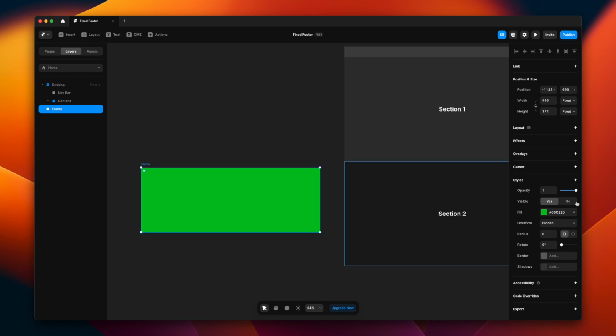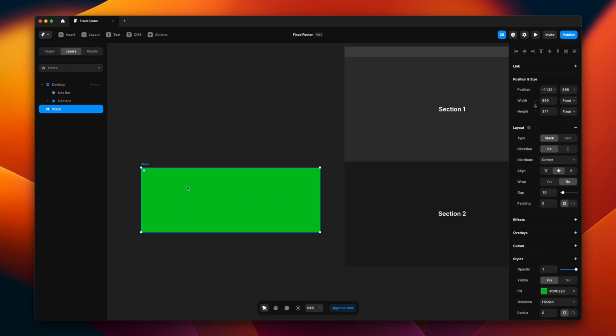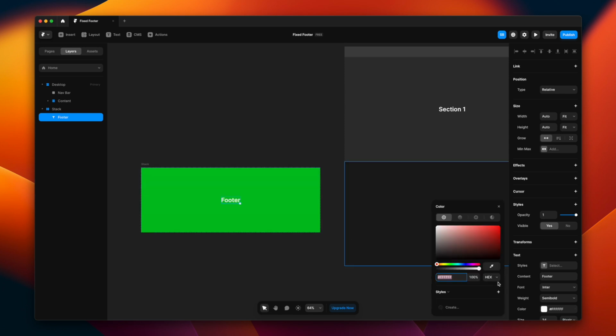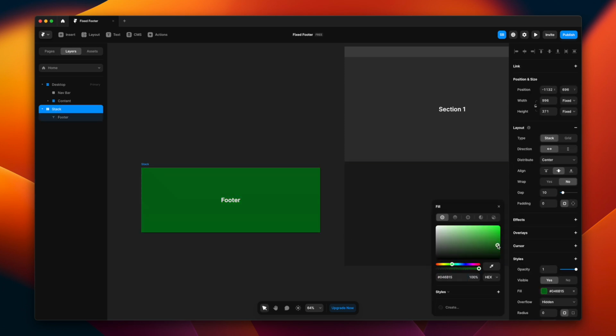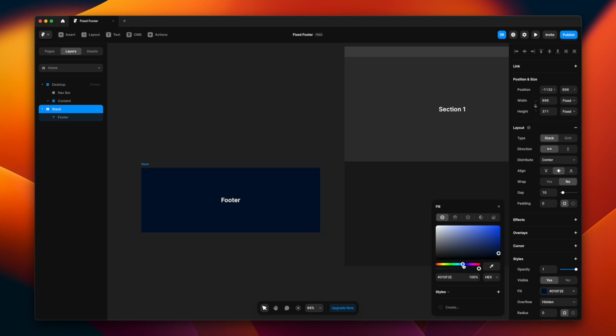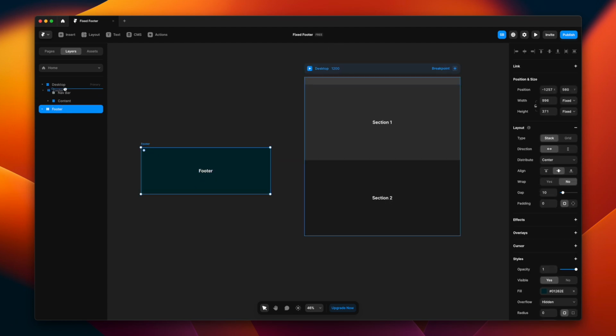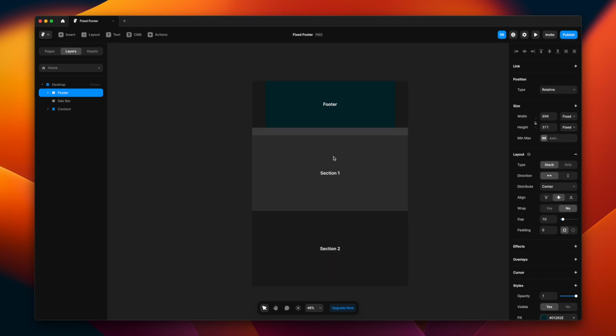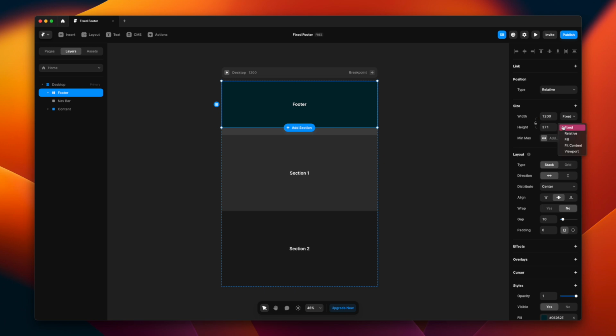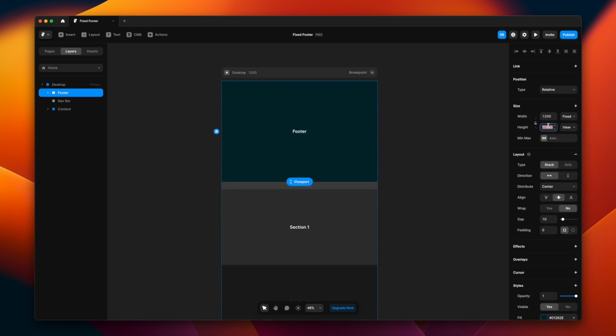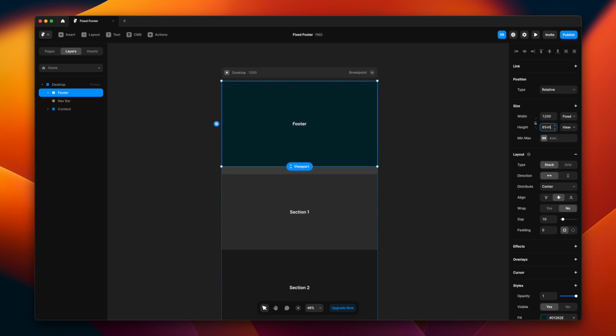And let's just zoom into that and enable layout. And I'm going to write just footer in here. Just so it's more visible, I'm going to change the color green to something maybe darker. And yeah, maybe this. And I'm going to select this and drag and drop it on my desktop screen, from the layers panel, of course. And the next thing I'm going to do is change the width of the footer. Let's just change it to 1200 so that it occupies the entire screen. I'm going to change the height to viewport height, 85 maybe, so that it always covers 85% of the viewport.